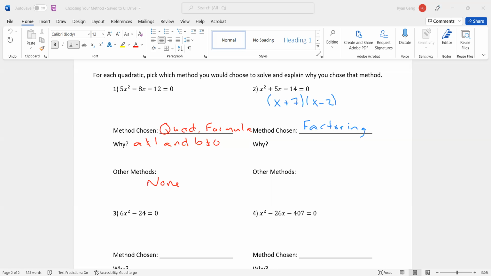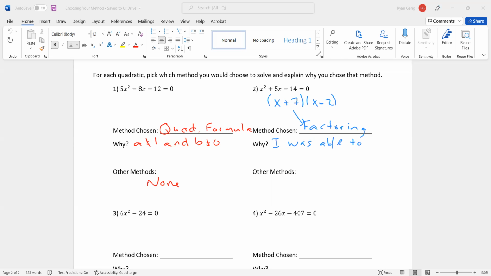So here's what the process should be in your head. You look at the problem, you think, oh, that could be a factoring problem. Don't just automatically think, oh, it's factoring. Find what they are. 7 and negative 2 are the two numbers that multiply to negative 14 and add to 5. I was able to factor it. Therefore, I then say, okay, I'm going to factor this one. So my reasoning is I was able